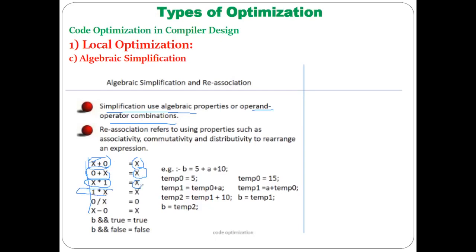1 into x can be written like this too. Instead of writing 0 divided by x, directly you can write 0. X minus 0 also is not making any sense, so the compiler can do its optimization as x. So using some properties of algebra, the kind of optimization performed is referred to as algebraic simplification. Now this instruction will get executed sequentially. Understood? So this is forming one basic block. If you do the optimization within a basic block, that is referred to as a local optimization.